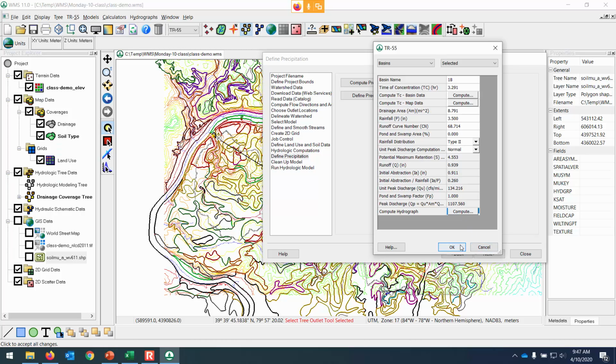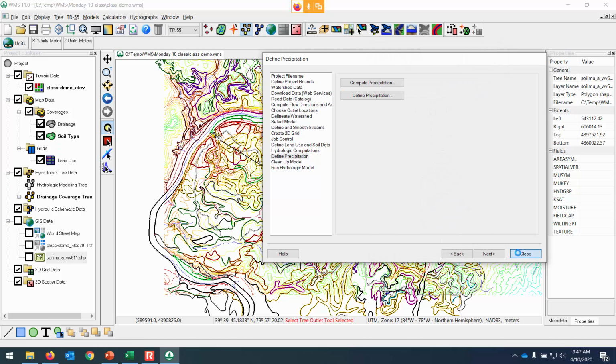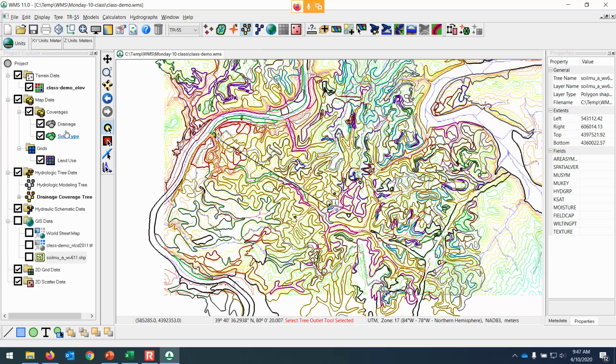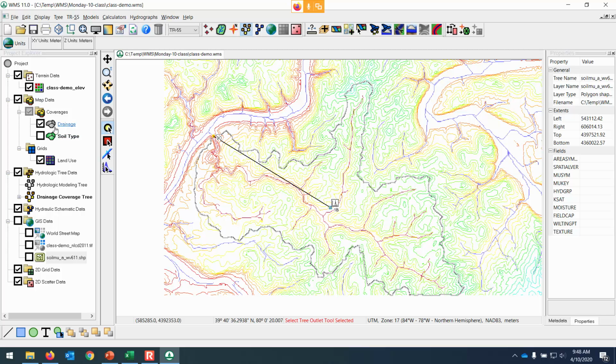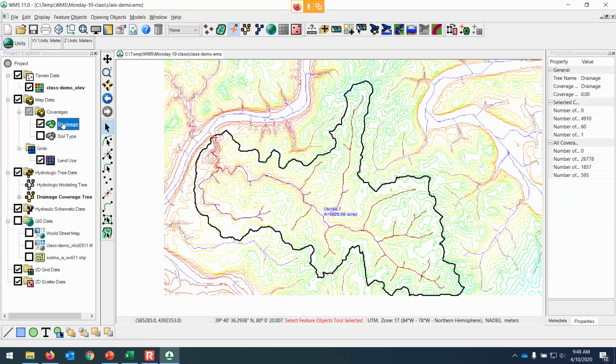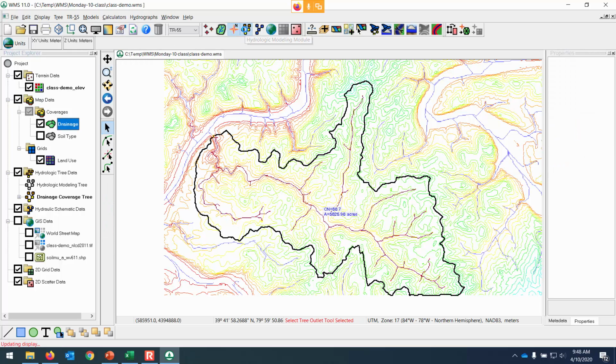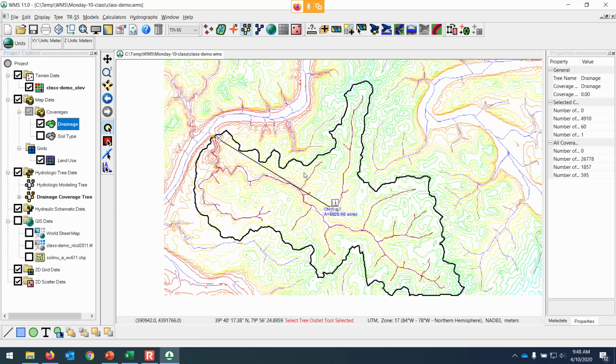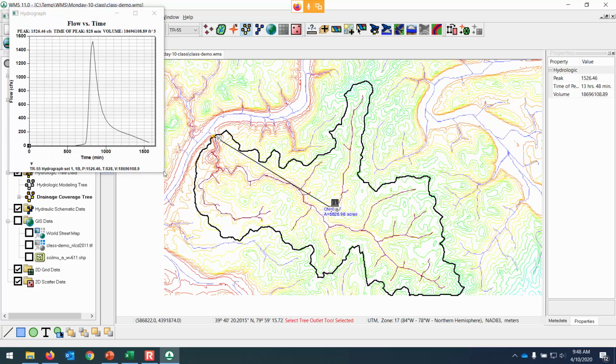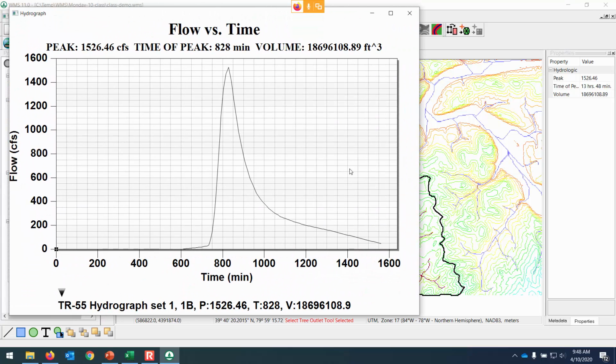and then let's click OK here and close the wizard for now. That looks like a big spaghetti mess right now. It's kind of hard to see, and so we can turn off the soil type polygons and click back over to the drainage coverage. And if you go into the hydrologic modeling module, you can see that the hydrograph is on the screen there, and so double clicking on the hydrograph icon brings it up,